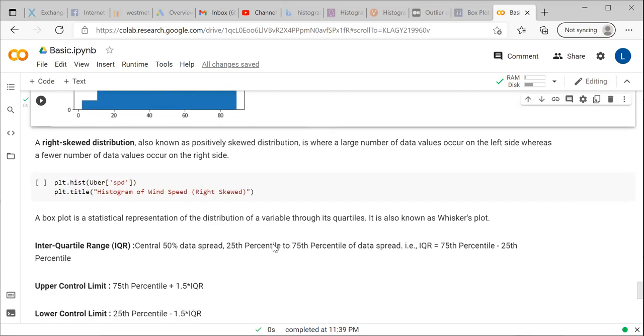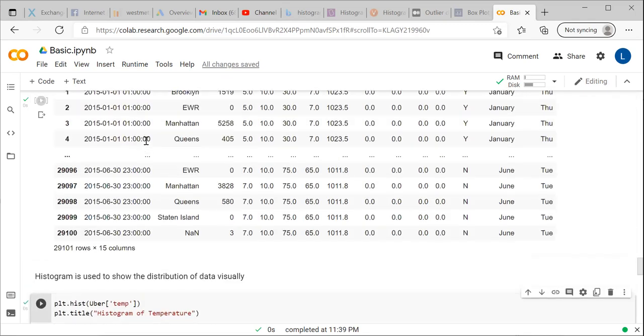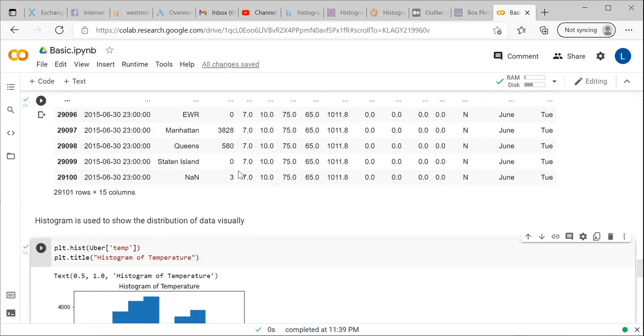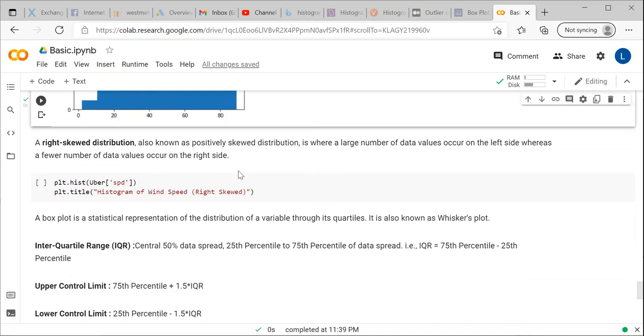For that, we are going to take the other column, SPD, which is one more column you can see in the Uber data set. SPD is nothing but the wind speed during that time. So SPD is the column for which we are going to create the histogram.